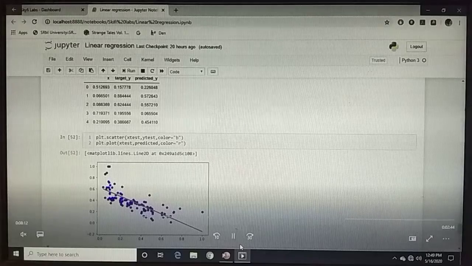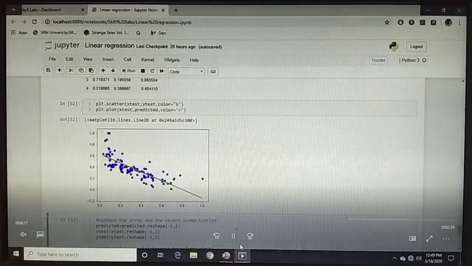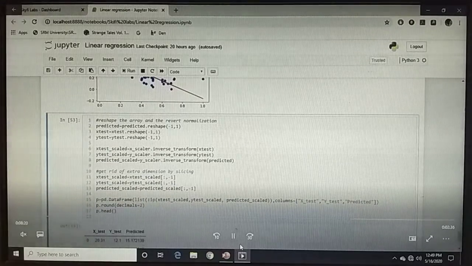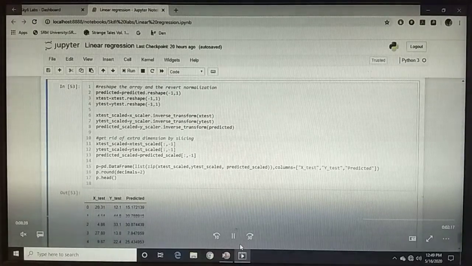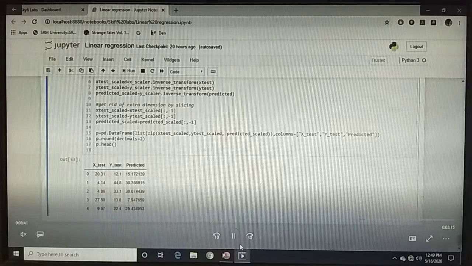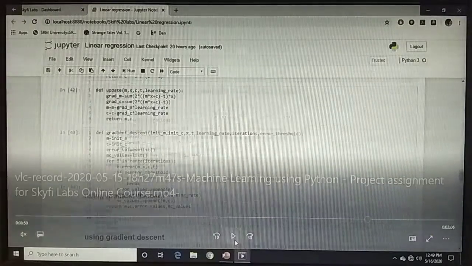Also I need to find the predicted data in target values. I have the predicted data in the normalized form, so I can revert the normalization by scaling it. I can use the inverse_transform function for it, and after scaling I can just put it back into a data frame, which shows the values of the target value, which is the y test, and the predicted value. I can also change the feature to RM, and here the values are shown. Thank you.